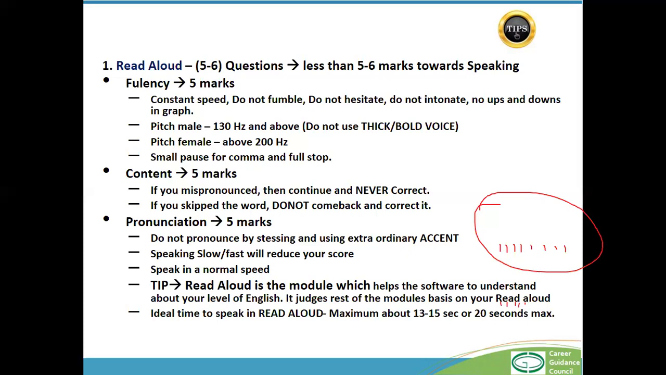Preference shares are a mix of debt. See, again, I have corrected myself. Do not correct. Okay. You speak at a normal pace. The moment you speak at a normal pace, the software will be able to identify that your speaking is good, your reading